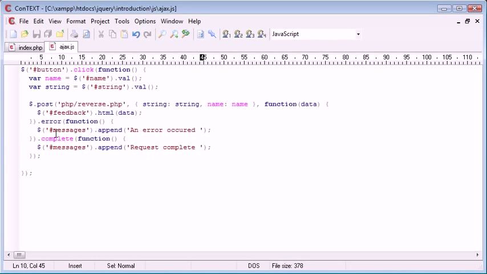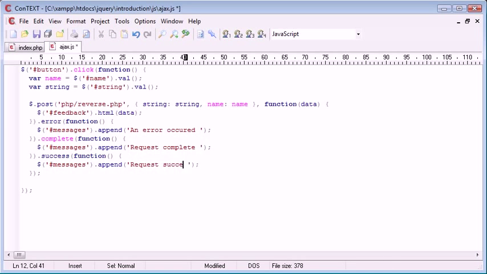Now that's the difference between complete and the success callback, which we're going to write in a moment. Success will only be returned if the operation is obviously a success, if everything's gone to plan and we've returned some data and the file exists, blah blah blah. Complete will always happen as long as this post request, this HTTP request, has been completed. So we can go ahead and add on a success callback function as well. So inside here we create a function and we pull that down, and we can go ahead and copy and paste this into here, and this will be messages.append